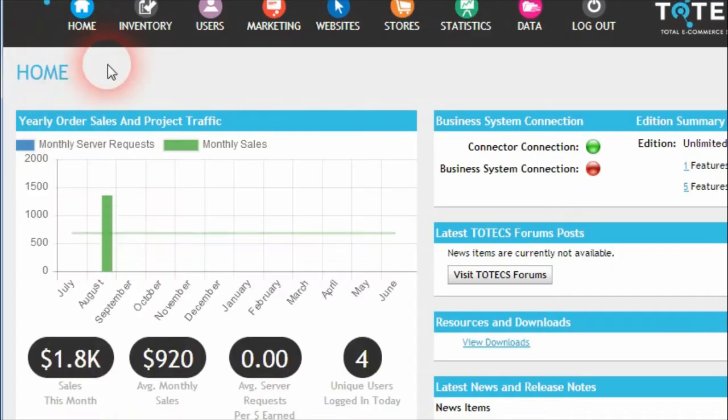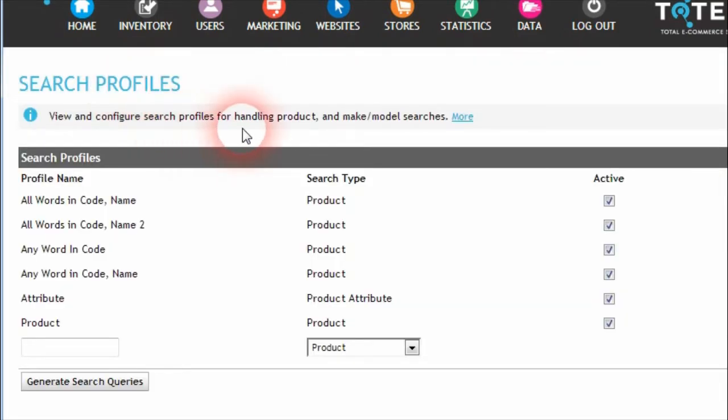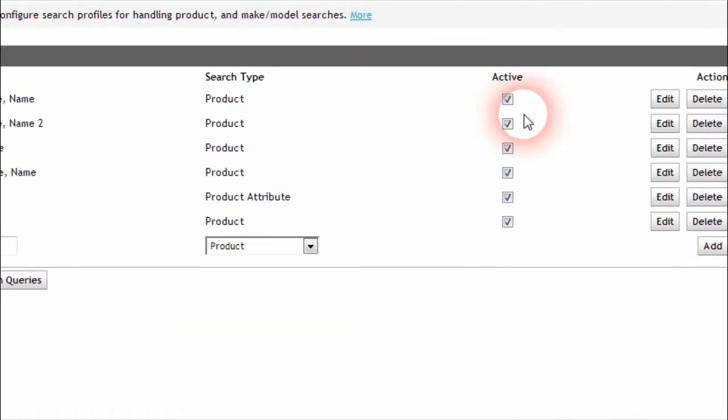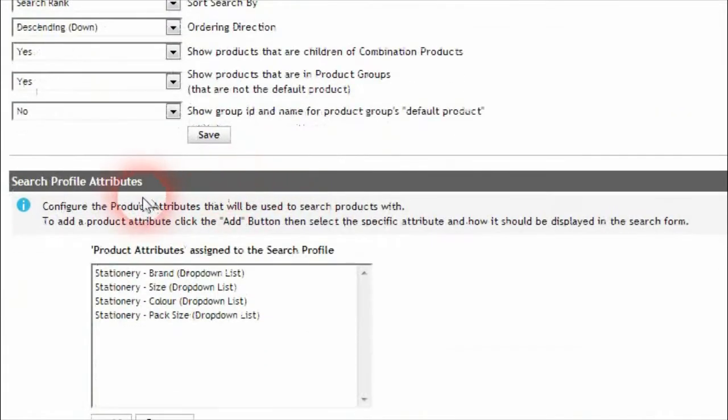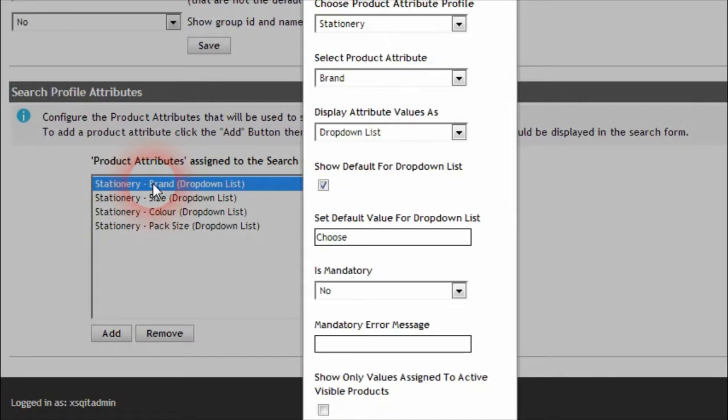So if we go into the administration center and go into the search profiles, here are the product search profiles that configure how products are found when doing searches. So the one that we've got here is attribute searching. And if we go and edit that profile, under the search product attributes, we can add multiple product attributes, and the new option that we have added here when modifying one of these is to only show values assigned